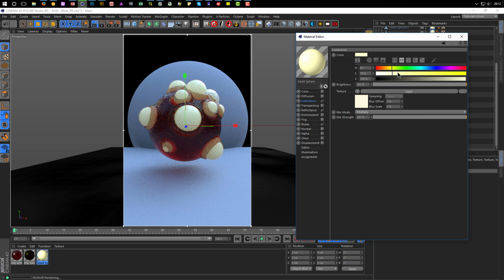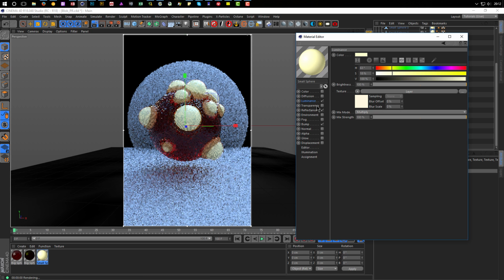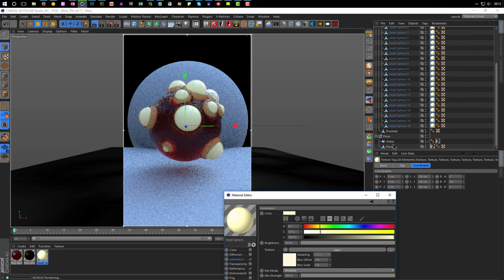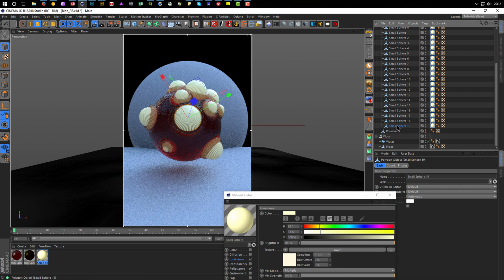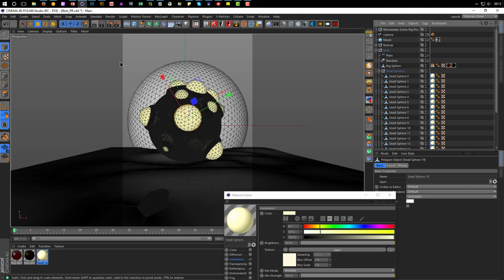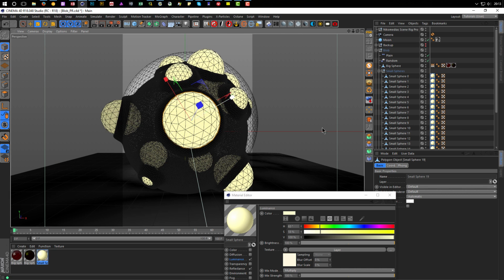It looks interesting. Of course, here we could now play the same game with the displacement. So let's give the checkerboard in the displacement channel. But what we need here is more subdivisions. We need more segments for the spheres. So if I stop the interactive render for a moment and go out of the camera here, you see we have quite few